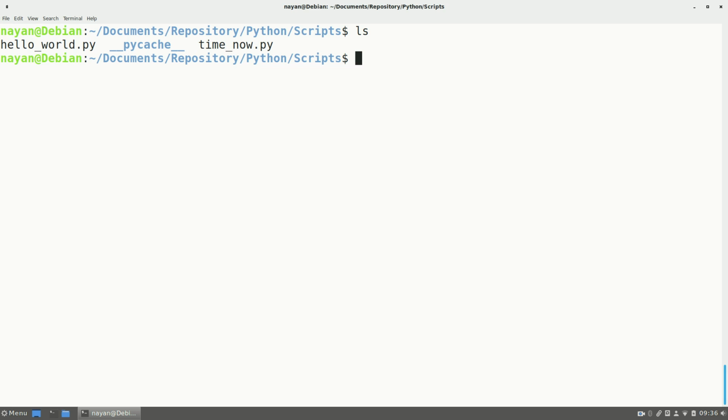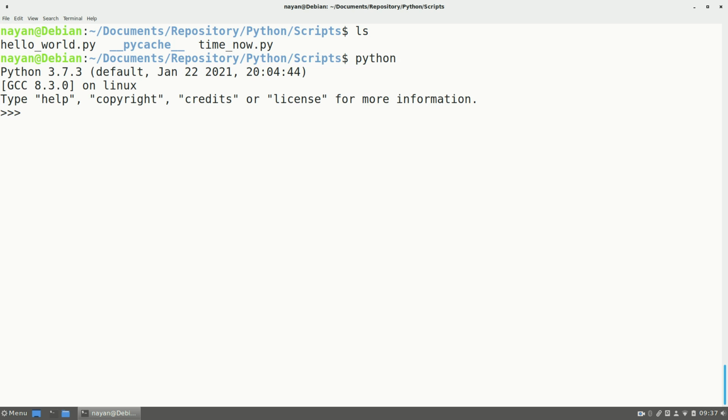One is to start the Python shell. I will start the Python shell by writing this python command. Now you can see that right now I am in the Python shell. My Python version is 3.7.3, and as I am in the scripts directory where all the required Python scripts to be executed reside, first of all, I will make sure that I am in the correct directory. For that, I need to import the os module, then call os.getcwd(), get current working directory. As you can see, right now I am in the directory from where I want to run my Python scripts.